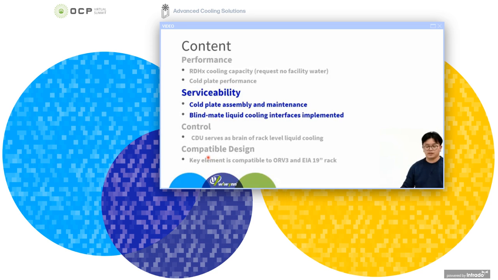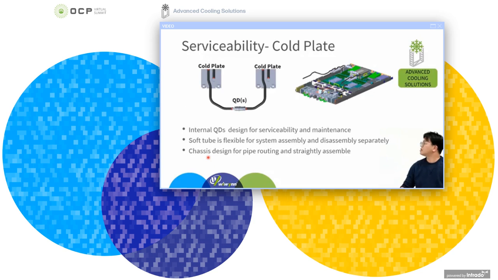This is for the serviceability. In order to make sure the cold plate maintenance will be easy to assemble, we plan to add the internal quick disconnector between the two cold plates and use a soft tube, as I mentioned, for system assembly and disassembly. With the extra internal quick disconnect here, it's possible to maintain and disassemble a single cold plate separately,